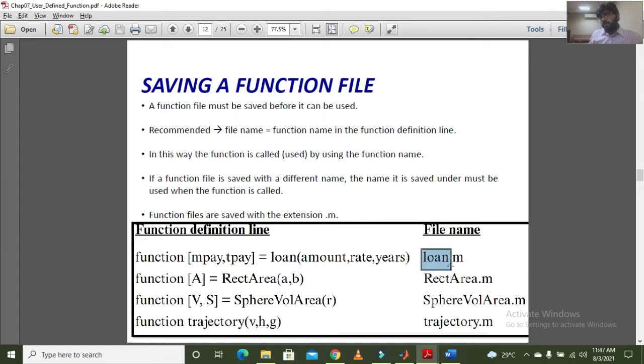It can be something else, but in order to avoid confusion about whether I will recall the function by this name or by that name, it is better to use one name to save the function file and to define the function in the function definition line. The function files are also saved with the extension .m.